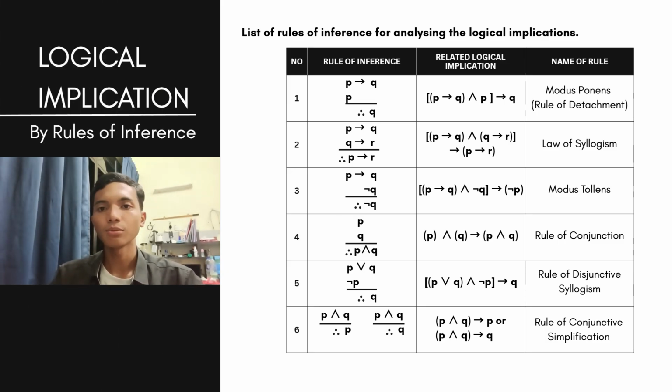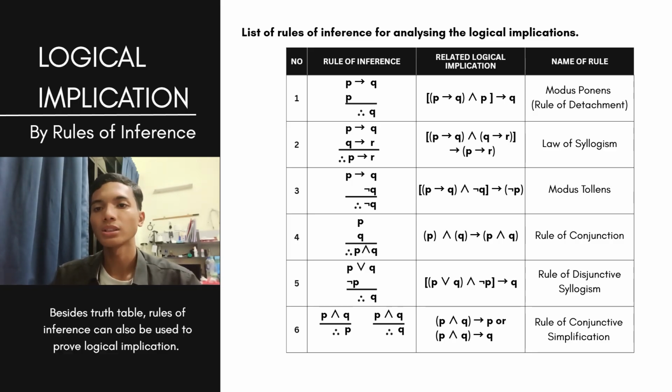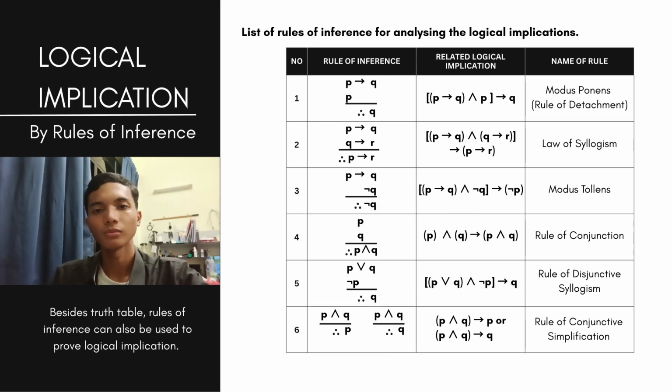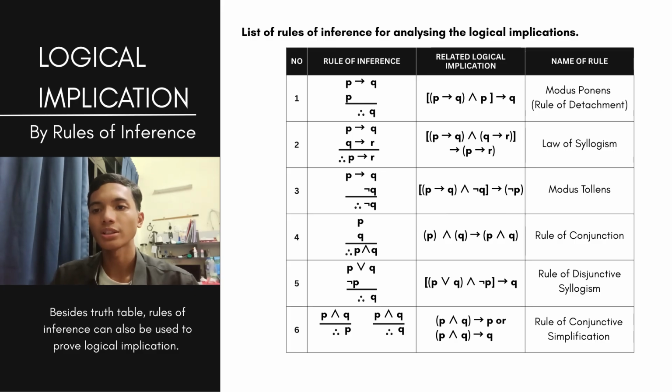Implication is the process of proving that a specific conclusion follows naturally from a set of premises. While truth tables are one way to check for validity, they can be inefficient. Therefore, we use rules of inference as a standardized way to analyze logical implication. First, we have modus ponens, the rule of detachment. This rule states that if we have a conditional, if P then Q, and we know P is true, we